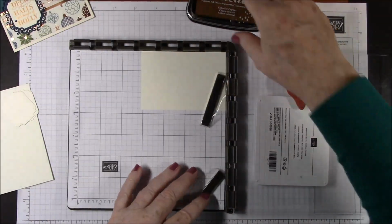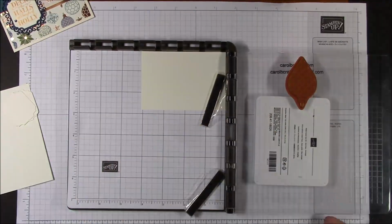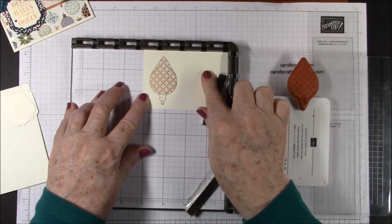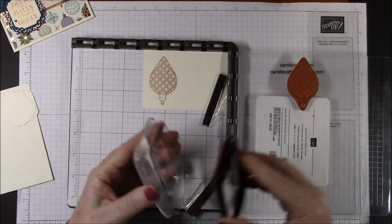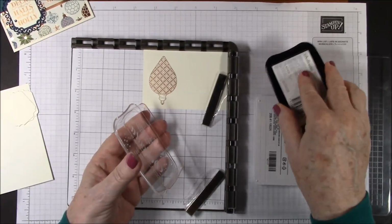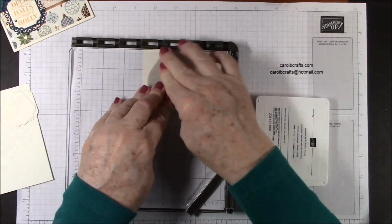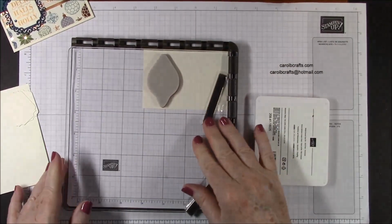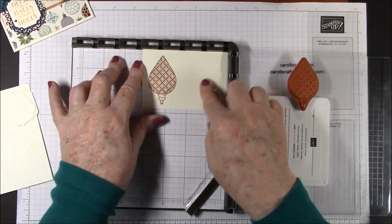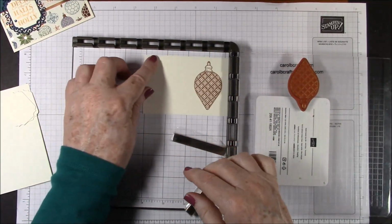And we're going to ink that up with our Celestial Copper. I'll slide it back in the corner. I'm going to do that again. And you probably will have to do it 2 or 3 times to really get a nice rich image. Put it back in the corner. I think that's good, so I'm going to leave it at that. I'm going to turn it around,